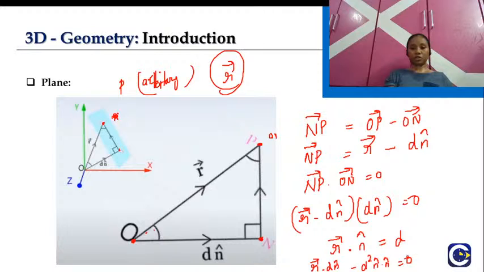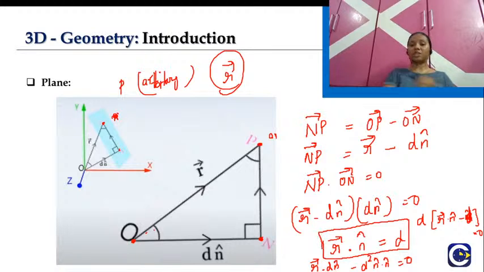Right. So from both I can take D common. If I take D common, what will remain? R bar dot N cap minus N cap into N cap, which will be 1 only. So we can leave it. So it will be minus D is equal to 0. So here D will be 0 and we will be remaining with R bar dot N cap minus D is equal to 0. So by equating it to 0, we end up having R bar dot N cap is equal to D. Right. So my final equation of a plane in vector form is nothing but,